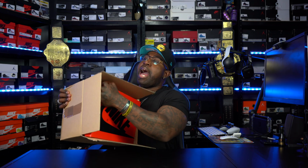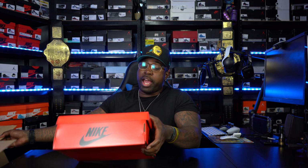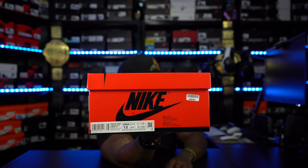And y'all already know what time it is, man. Y'all already know it is my favorite silhouette, the Air Jordan Retro 1. And this colorway right here, man, I don't know if it's gonna be hyped up or not. I think that they are a dope colorway, and I think they're gonna have a little slight hype to them. I'm not sure though how a lot of people are feeling about them, but as we get closer to the release date, they might get a little bit hyped up, especially at the time that they are releasing this shoe. So, the official name and colorway of this sneaker is the Women's Air Jordan 1 Retro High